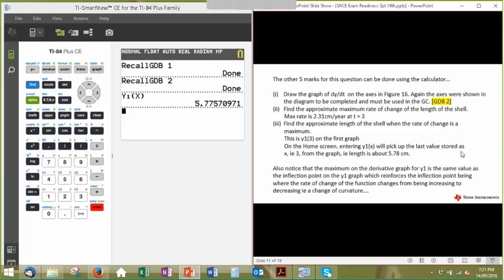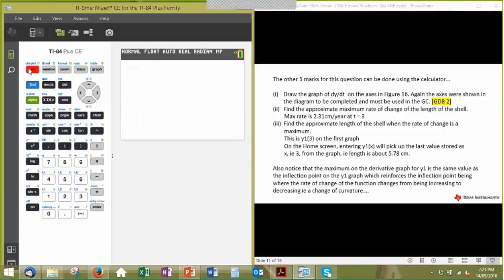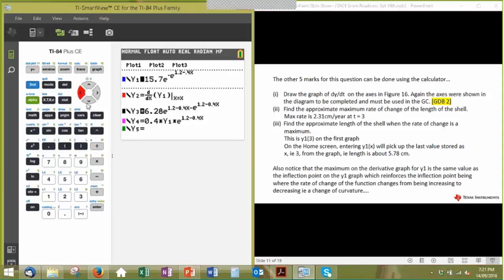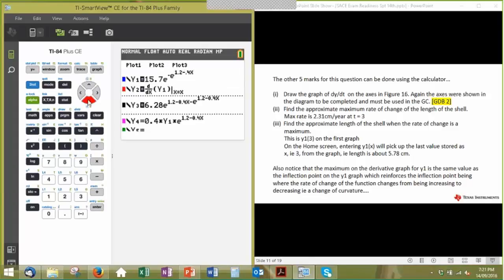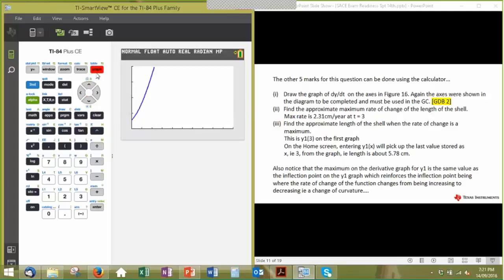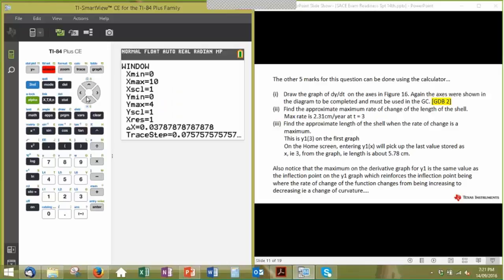But the other thing that was really interesting, I think, for the students is if I go back and turn on that graph and come down and turn that one on and turn this guy off. Graph again, I think my window is going to be all over the place. Okay, this is something quite nice to show once that's finished. So I'll go into the window and go from 0 to 10, which is probably all right, but it's the y values that are the issue. I can't remember what that goes up to. Let's put 20 there and just see what happens.